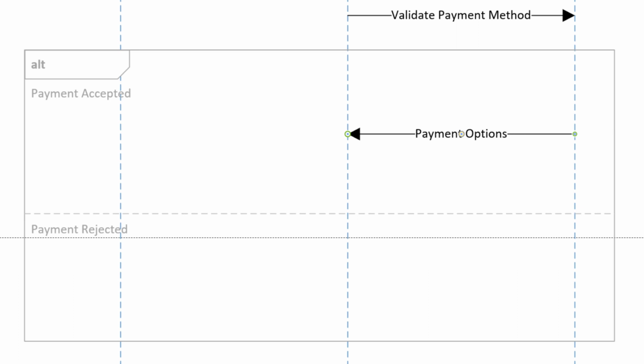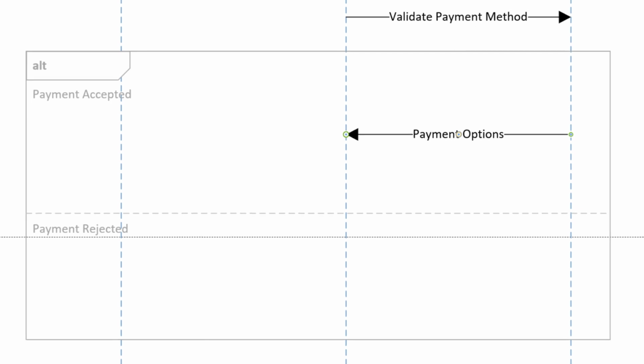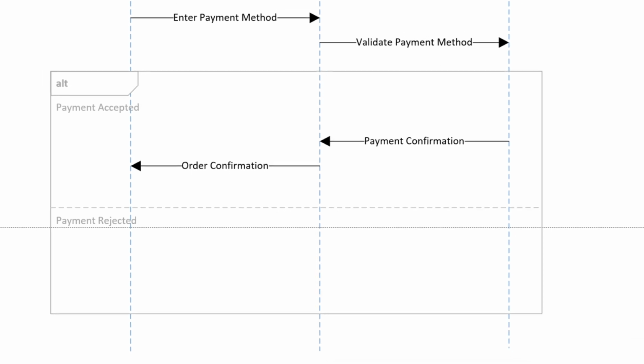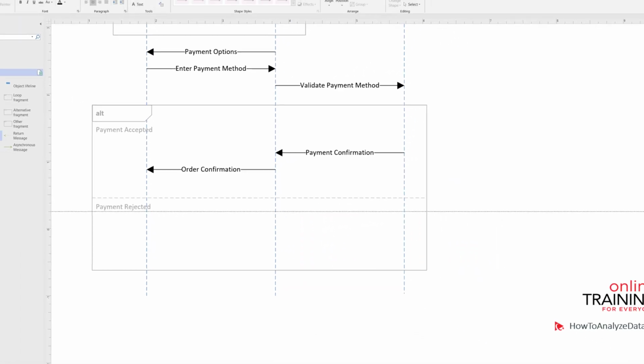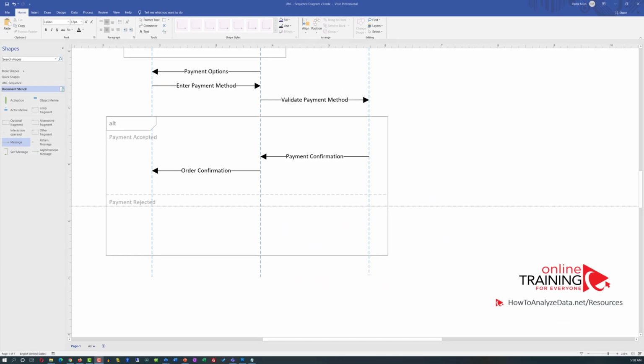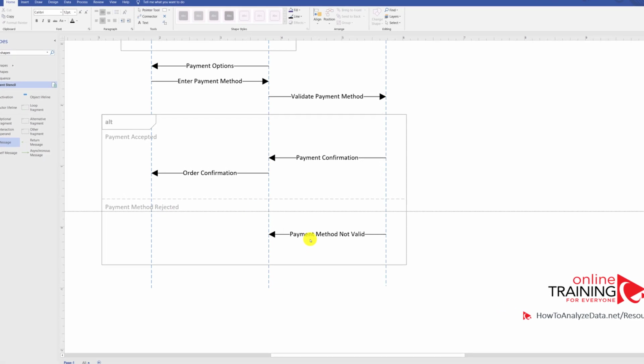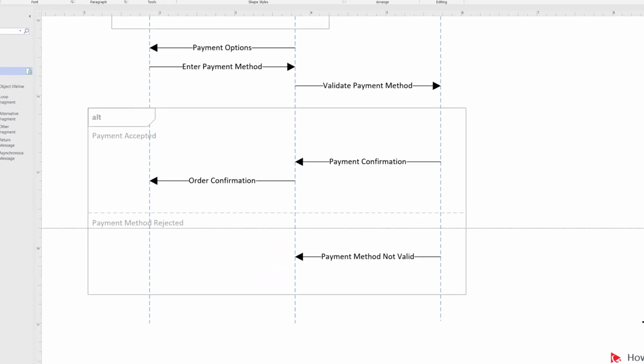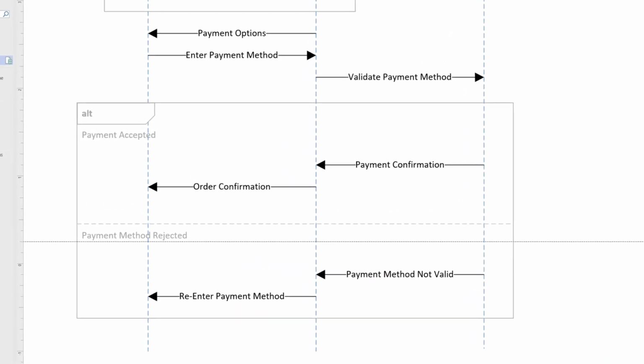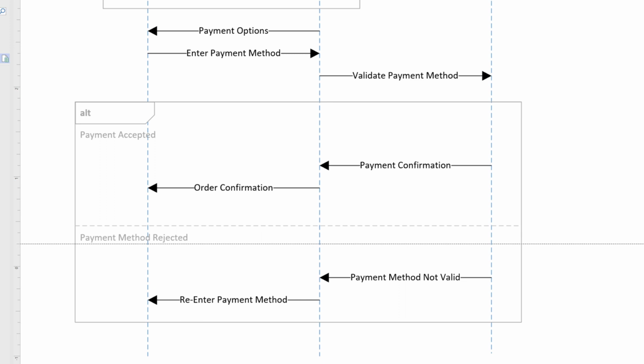An e-commerce store would need to communicate the payment confirmation back to the customer. Successful payment confirmation typically indicates successful order confirmation, because it indicates valid entry of the credit card information. As an alternative condition, the payment method could be rejected. There are multiple reasons why payment might be rejected, but one of them might be that the payment method is not valid. In case the entered payment method is not valid, the e-commerce store would need to prompt the customer to re-enter